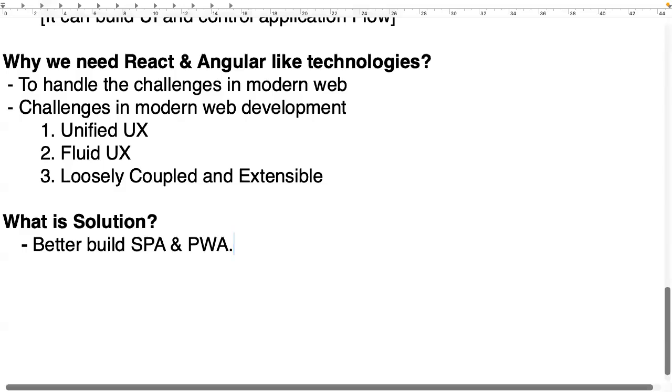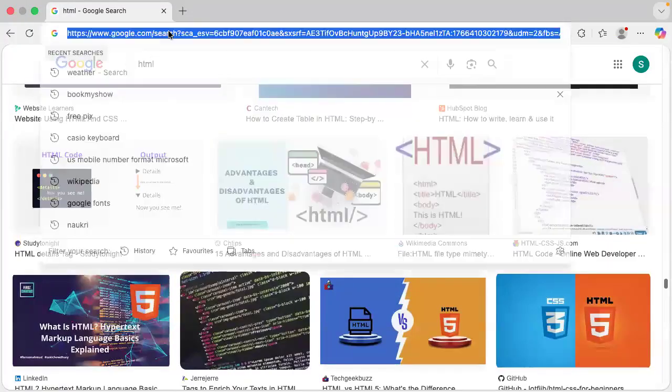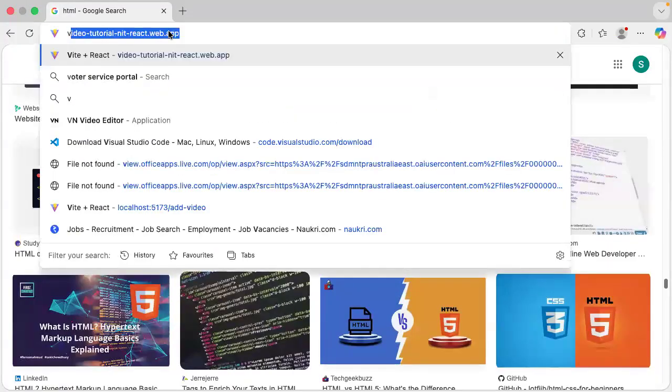So I hope everyone understood these two points. What is a single page application and what is progressive? Progressive I will tell you later, but this is the future. Do you know, a progressive application means an app-like experience inside the browser? For example, I will show you. You are using Visual Studio Code, right? Do you know Visual Studio Code